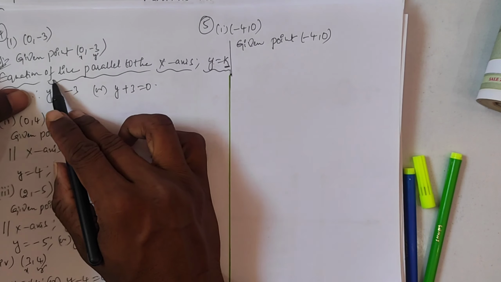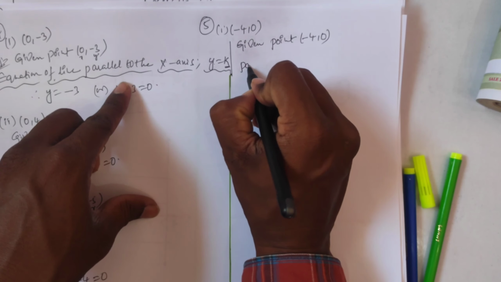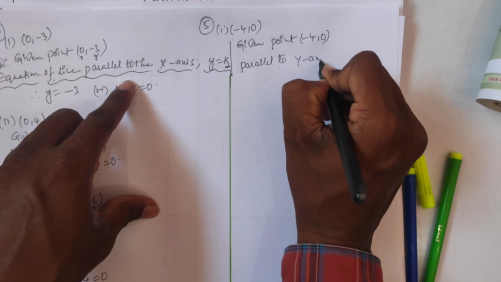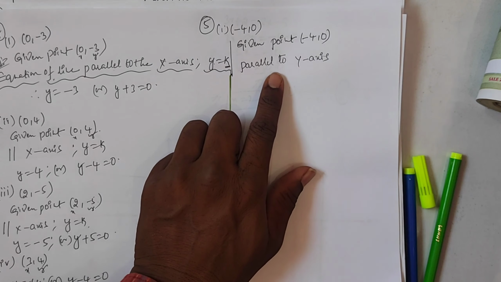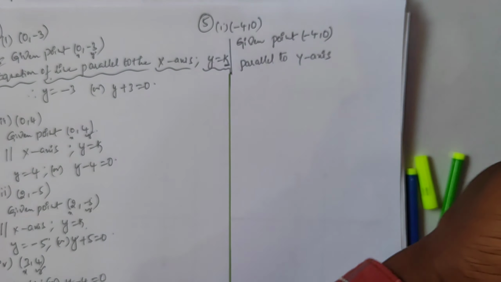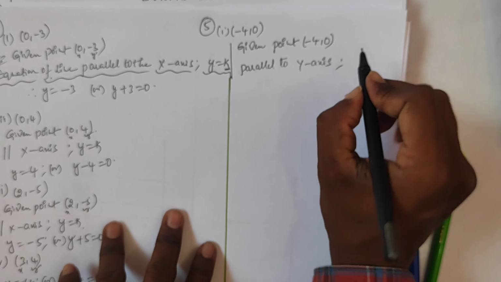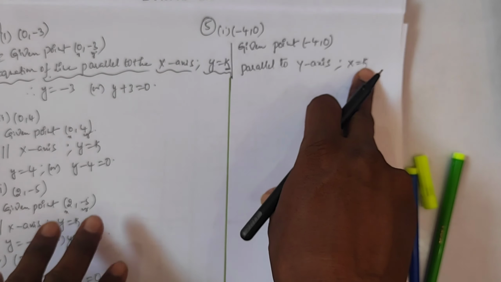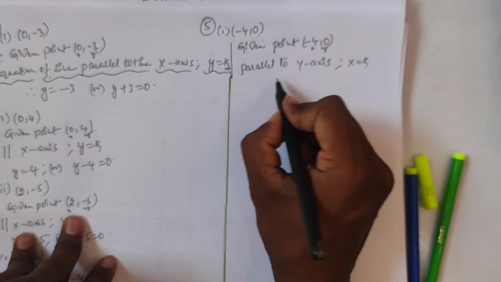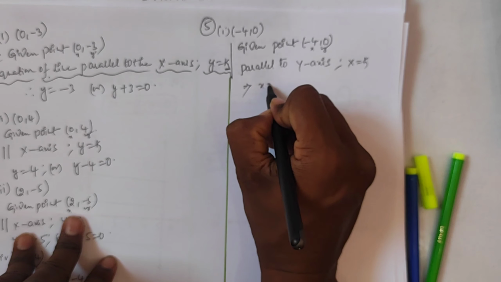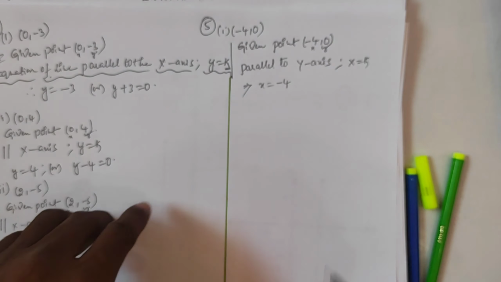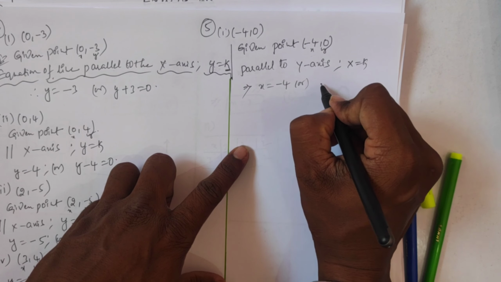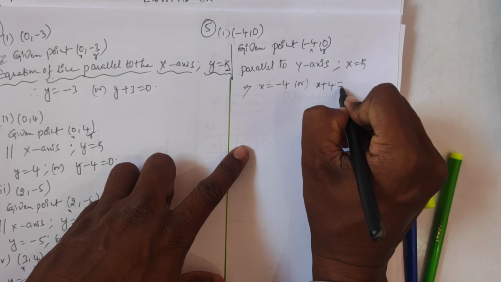Now we'll write the equation of a line parallel to the y-axis. Clear? In the question he mentioned parallel to the y-axis. What is the equation we will get here? x is equal to any constant. This is the x and it is the y. Therefore, what will you get here? x is equal to, what is the constant here? Minus 4. Answer is x equals minus 4, or you can transpose, minus 4 becomes plus 4, x plus 4 is equal to 0.